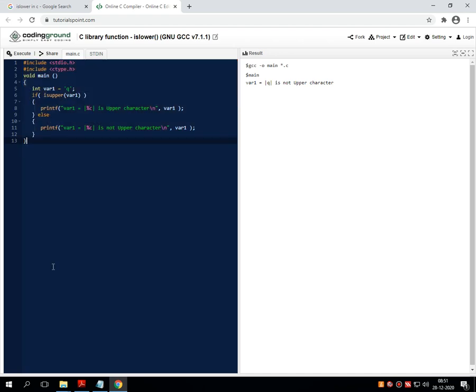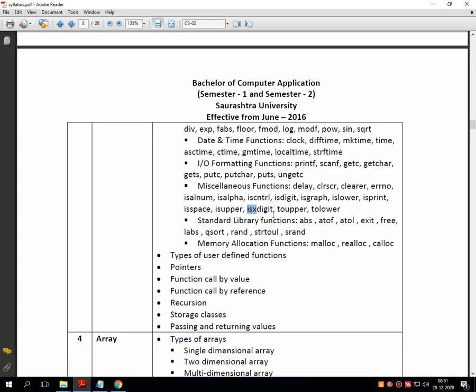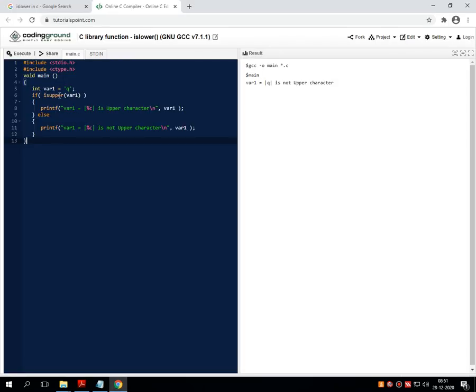Next miscellaneous function that we have to discuss is isXDigit. This function will check whether the entered value is digit, alphabetic or numeric.